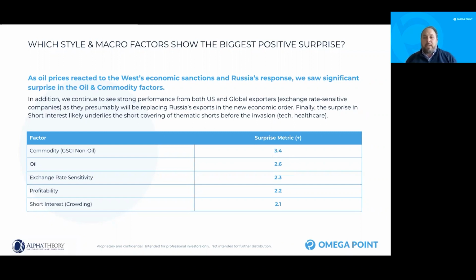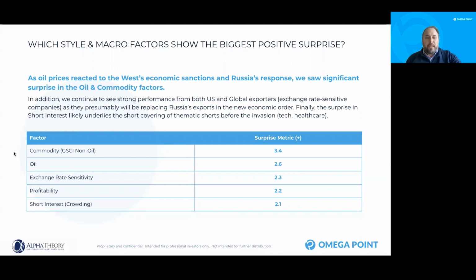So naturally, if you're north of a 3 standard deviation move, there's even less than a 1% chance that you'll see it. So naturally, these are not normal times, and that's why we're seeing these very large standard deviation moves. The other ones that are interesting are also exchange rate sensitivity, which is also linked to the concept of